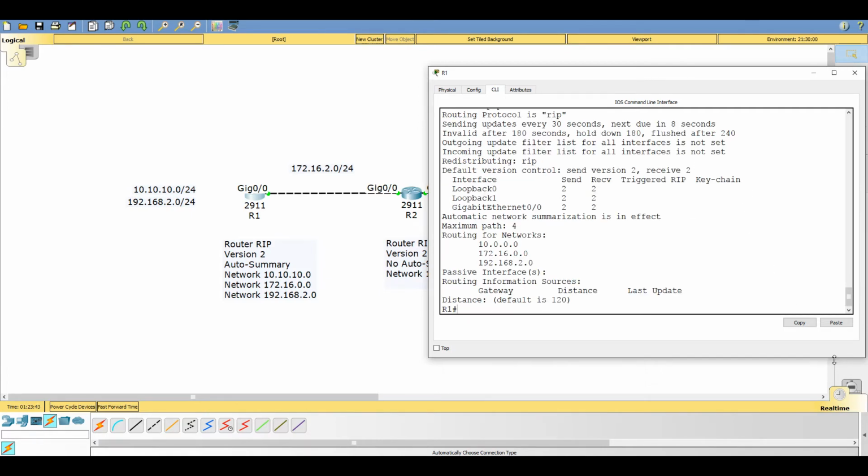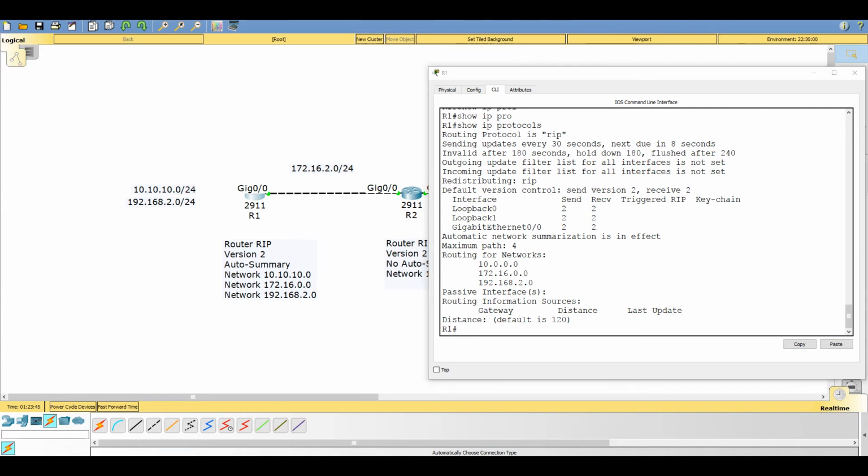This is one of the best verification commands when you think about routing protocols in general. We can see which interfaces we've enabled RIP on and which version each interface is running, because version 1 and 2 is on a per interface basis. If we had an old device that we had to do some sort of backwards compatibility with, we could turn that to version 1. We can see if there's any access list controls, ACLs, so that's something you'll learn about